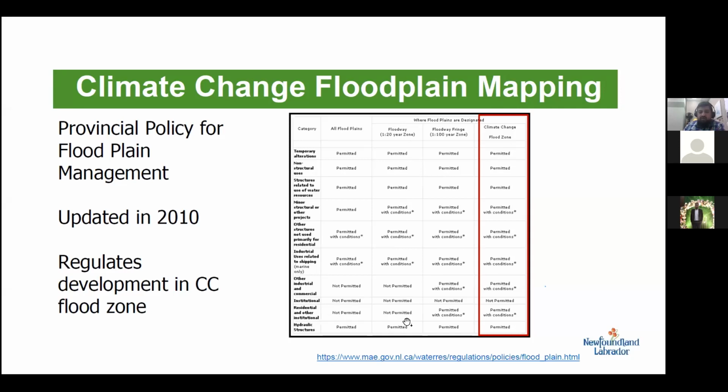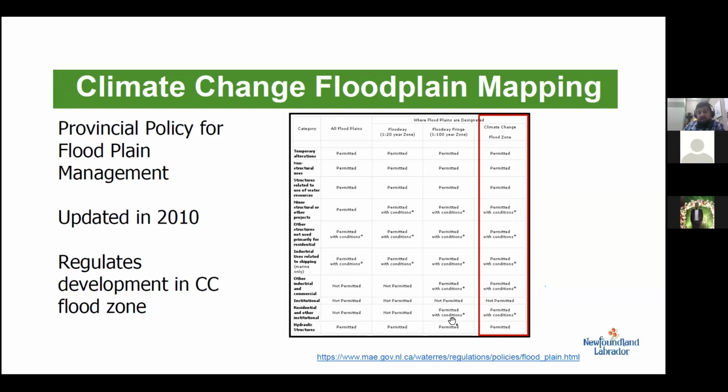The only things we allow there are marine structures, which are supposed to be there. Within the 100-year flood zone, we allow certain developments. We allow residential developments as long as the ground elevation is above the 100-year flood elevation. And we don't allow things like senior homes or hospitals, anything where it would be an issue to evacuate in a major flood. So essentially what we did is we created a new climate change flood zone, which had the same